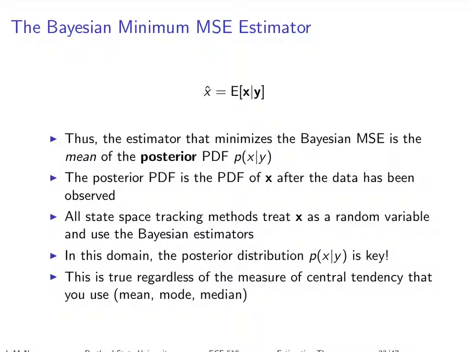Now this particular example where we arrived at the mean of the posterior was for minimizing the Bayesian mean squared error, but I've mentioned there's other types of errors you could consider. You could talk about a Bayesian mean absolute error or a Bayesian maximum error. In those cases, you would end up with different types of estimators, but it would still all rely on this posterior distribution. The posterior distribution is going to be the key thing that you're going to want whenever you've got a tracking application. And again, there's many different ways of getting at and representing that posterior, but that's this whole class, in a way: finding that posterior distribution, or some representation of it.